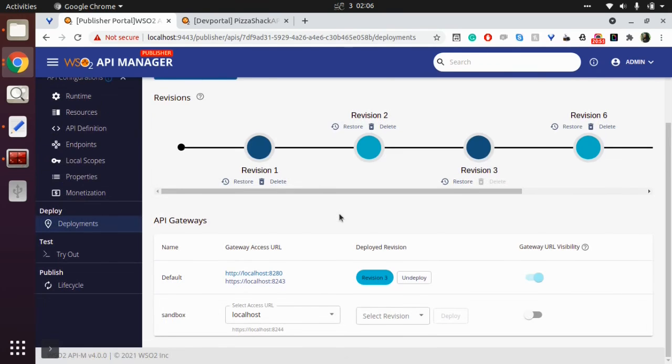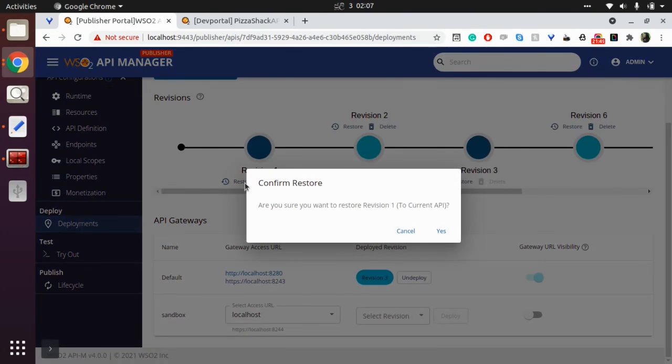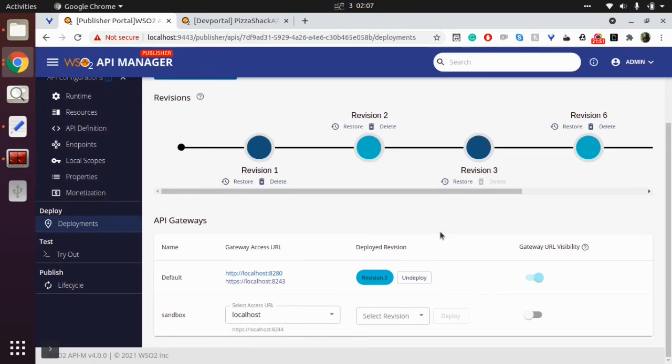For that we have to click on the restore button of the revision that we want to be set as the current API. Now I am going to restore revision 1. This restores the revision into the working copy, overriding the changes done in the working copy.